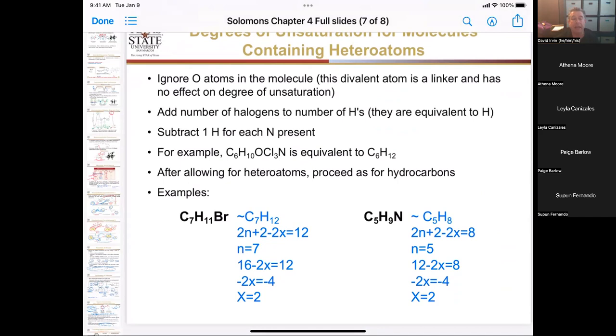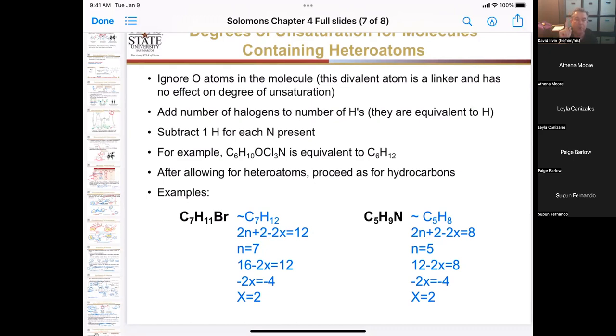And what we have to look at is how many times they bond. Oxygen bonds 2 times, so we can ignore it. We don't care. Halogens count as hydrogen because they only bond once to carbon. Hydrogen bonds once to carbon, halogens bond once to carbon, so they count the same. So we ignore oxygen. Halogens count as hydrogens, but